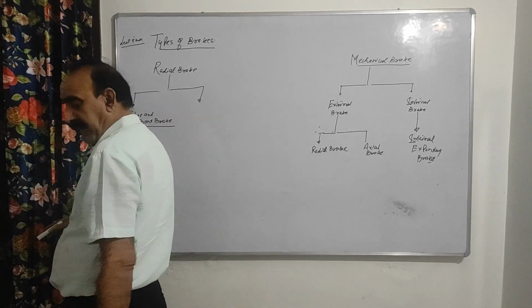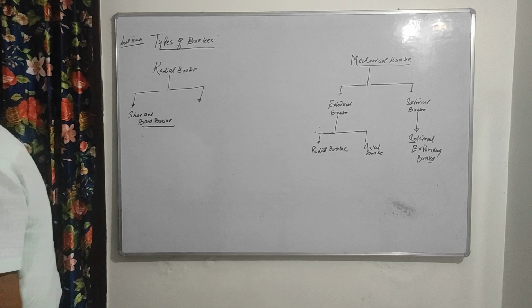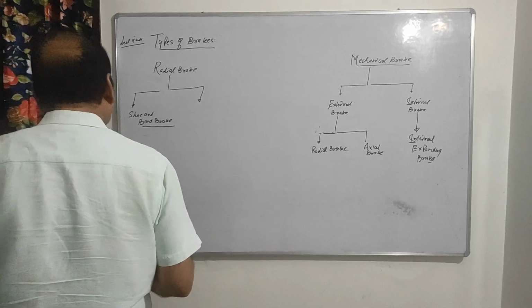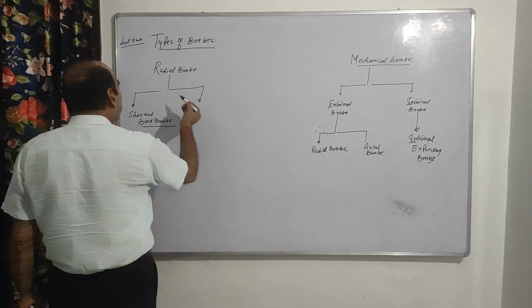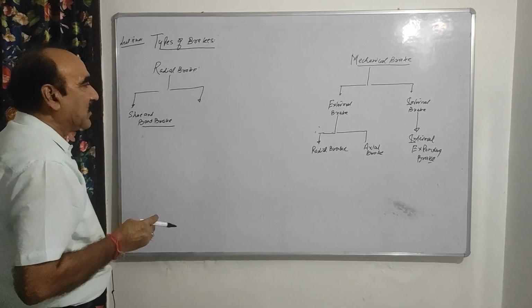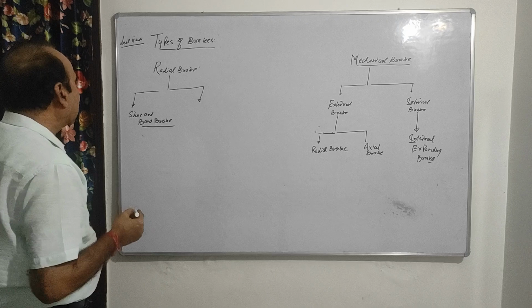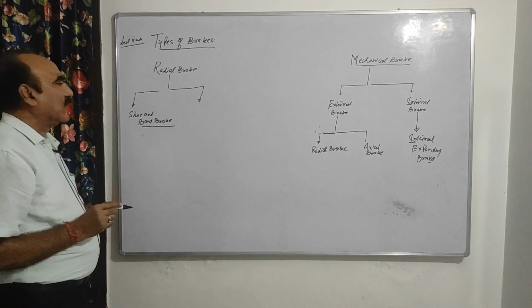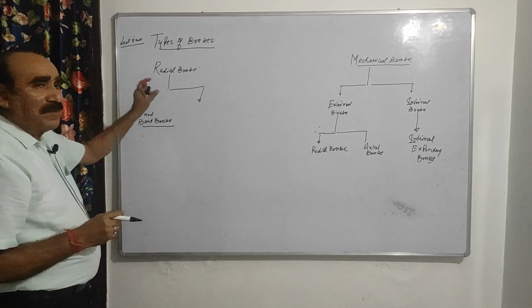Shoe and band brake, radial brake, right? So either you write down here shoe and this is your band brake. So this is your radial brake, right? Now I will discuss one by one. First of all, radial brake,